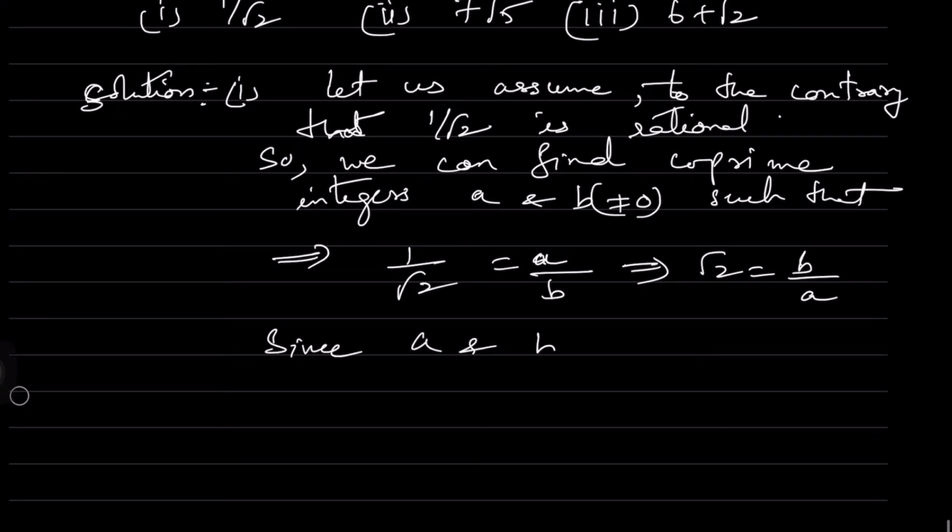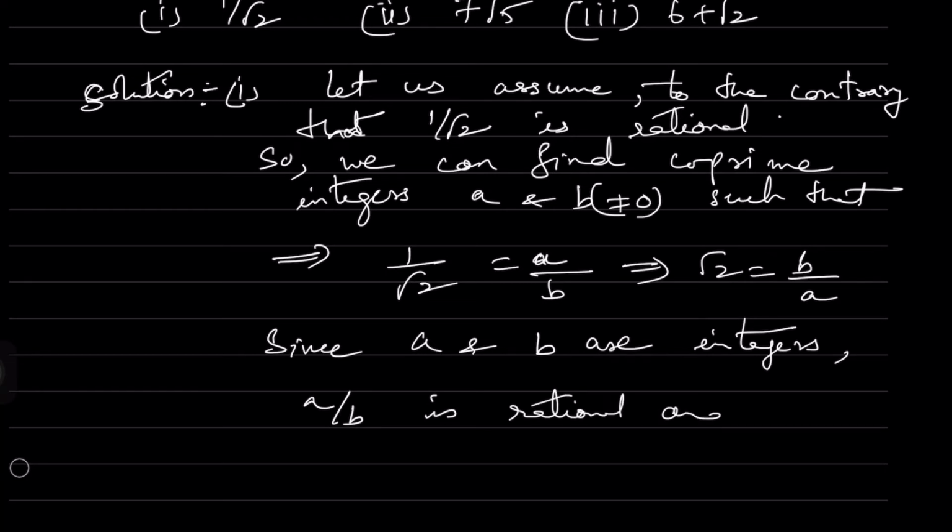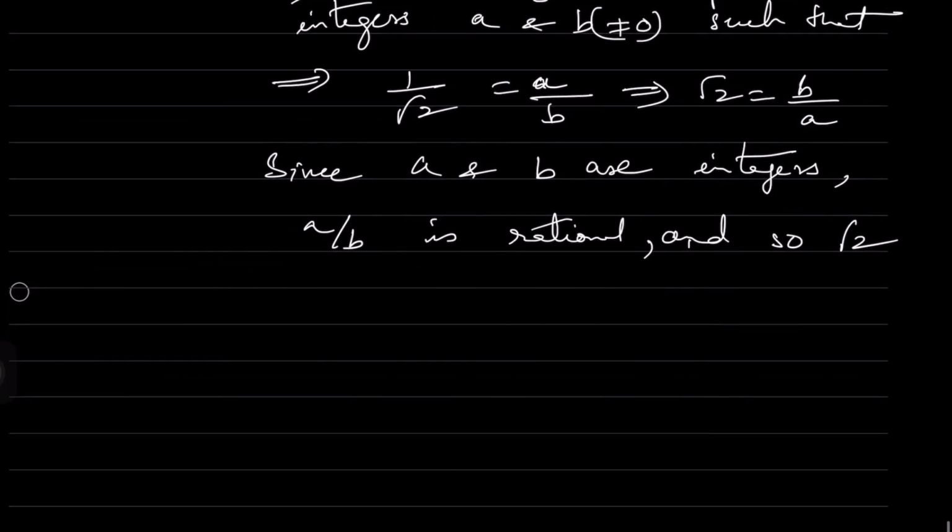Since a and b are integers, b by a is a rational number. And so root 2 is also a rational number. But this contradicts the fact that